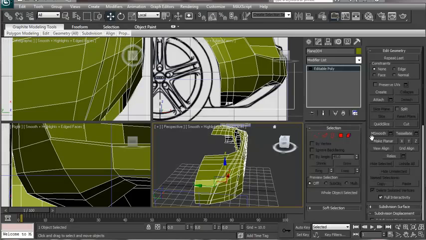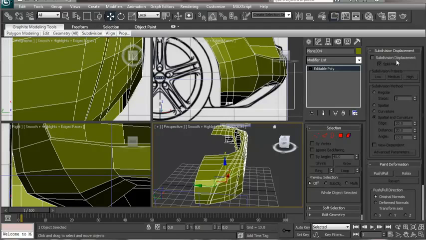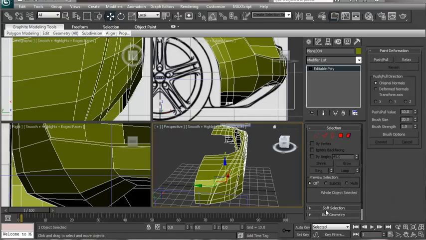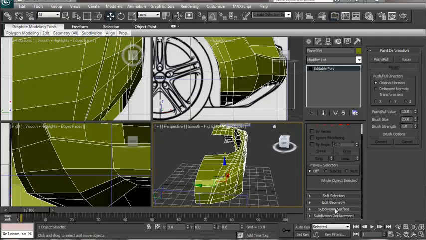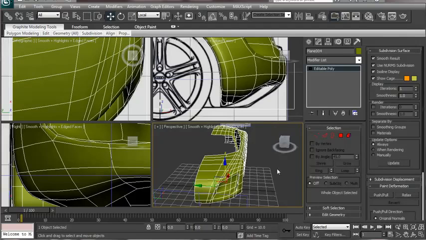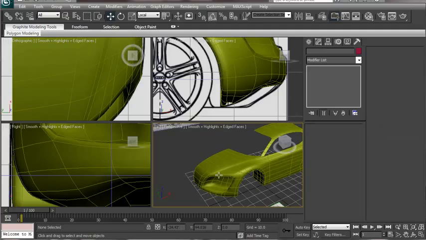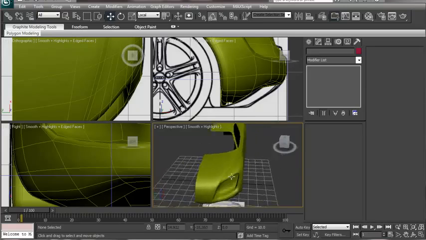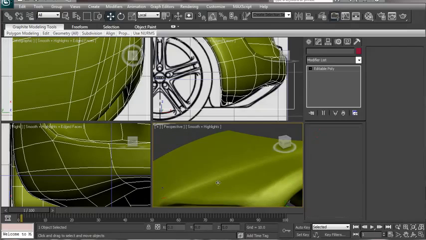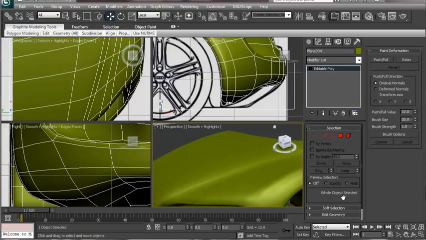Let's turn on use NURBS subdivision, and you can see that sharp crease over there. And if you would like to sharpen that crease even more,